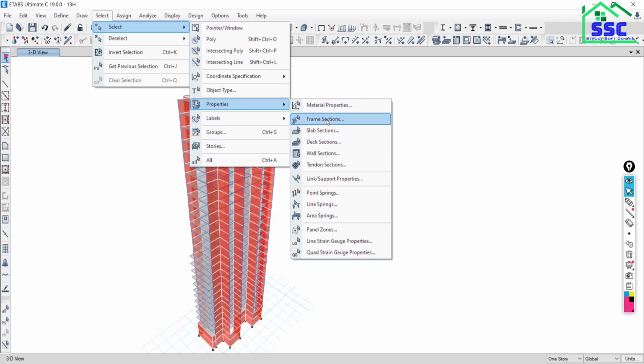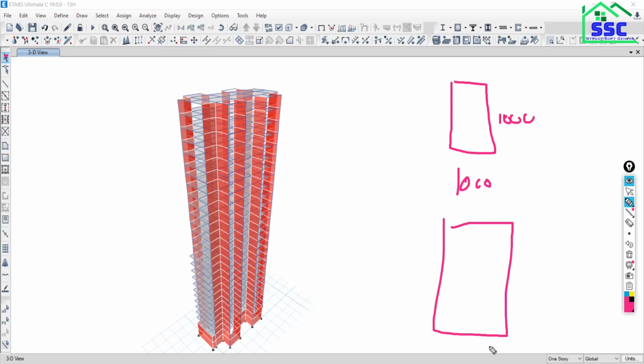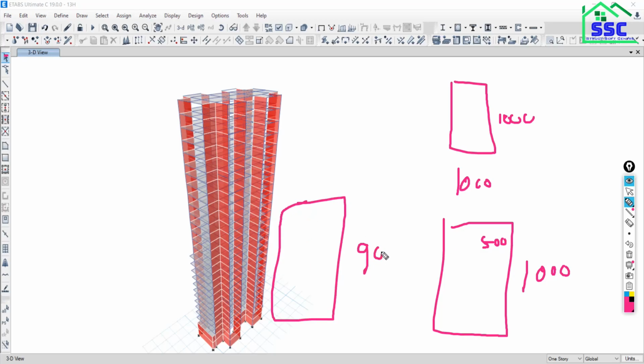But suppose I had defined many section sizes of your column. One column is, let's say, 1000 by 1000. One section size is, suppose, 1000 by 500. One section size is, suppose, 900 by 350, 900 by 750.